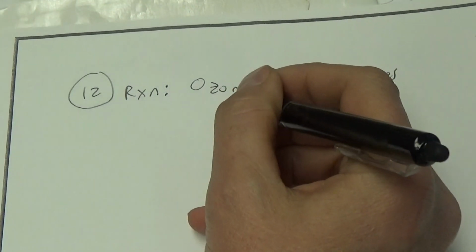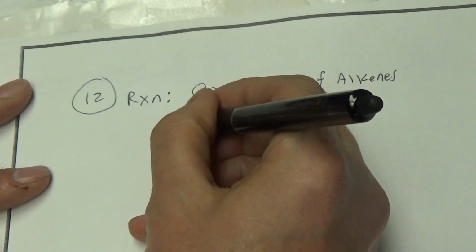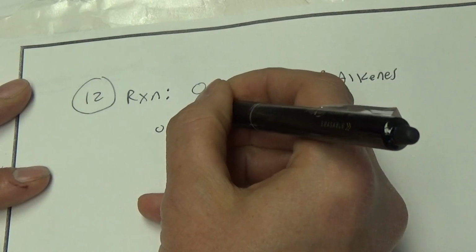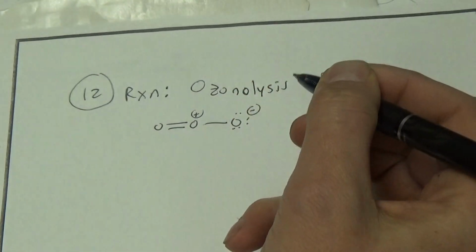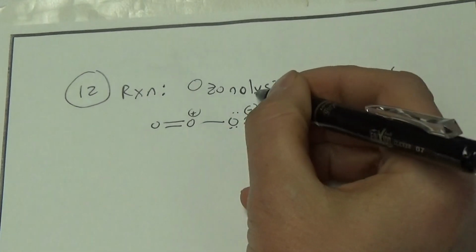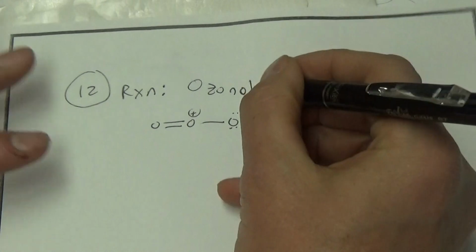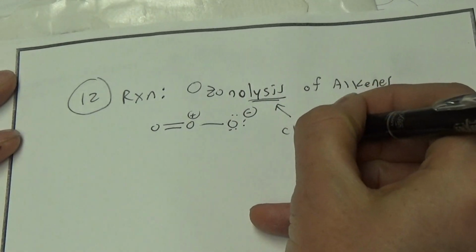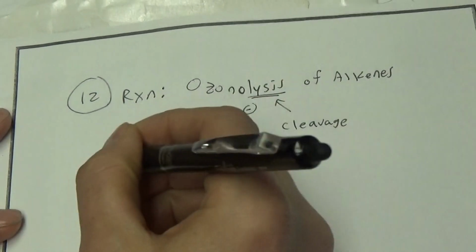Maybe ozone, and ozone is O3, right? It's kind of a weird molecule, with a plus charge and a minus charge, O3. What does lysis mean? It means cleavage. So this is a cleavage of alkenes, a rare example where we're cleaving bonds. The basic idea of it